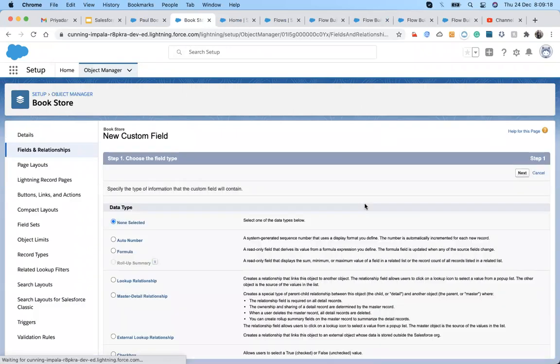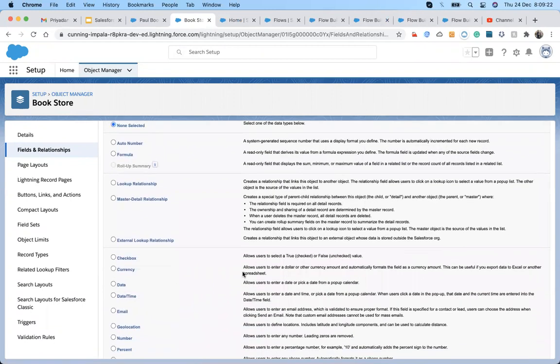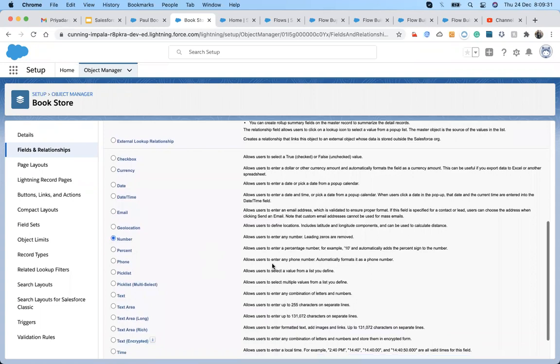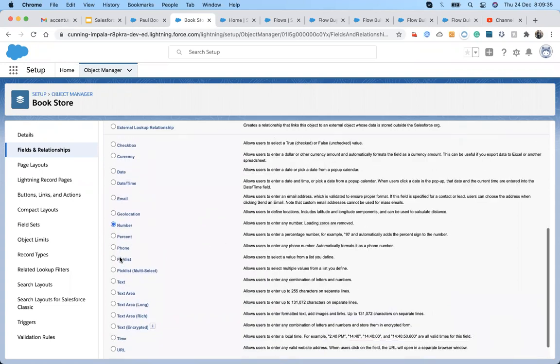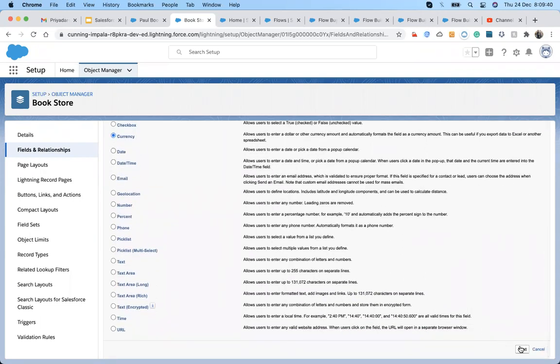And remember, usually we get a situation where we don't have a master detail relationship with the object, and we need to do some kind of roll up. At that time, flow will help us too much.